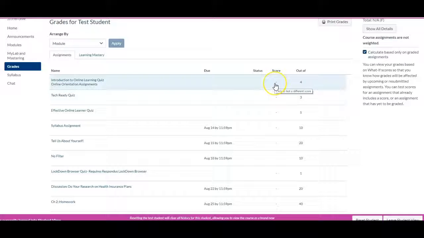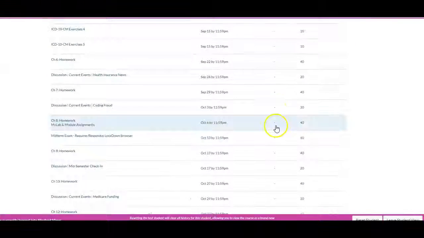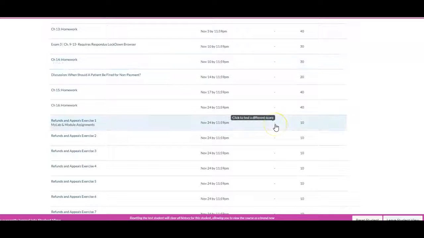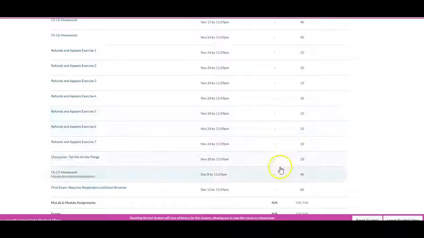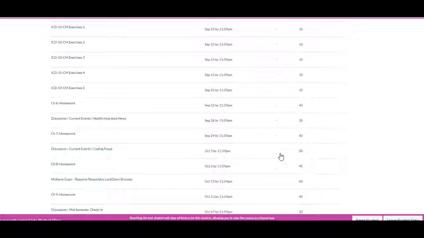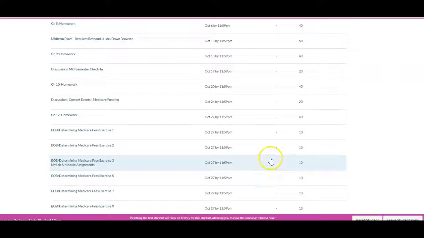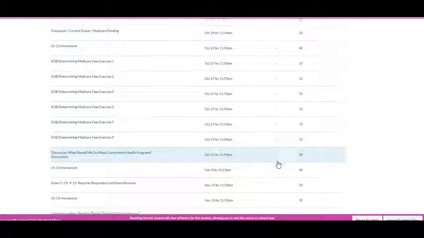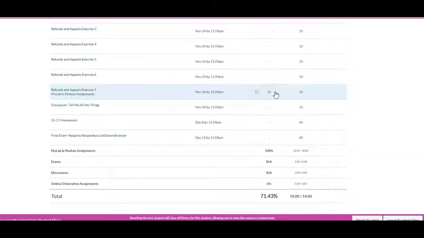You can put in what we call what-if scores. So say you know you're going on vacation around Thanksgiving, and you know you're probably not going to do your homework that week, which I do not advise, but it happens. If you want to put in a 0 for that week's homework, you can do that and it will reflect down at the bottom how it would change your grade. So say we get a 10 here,